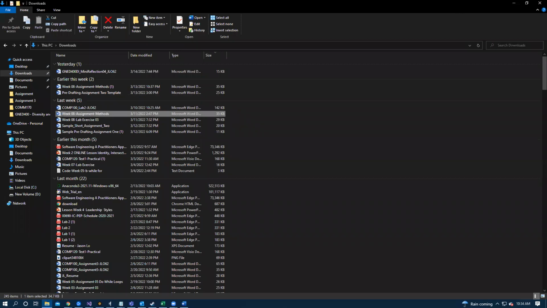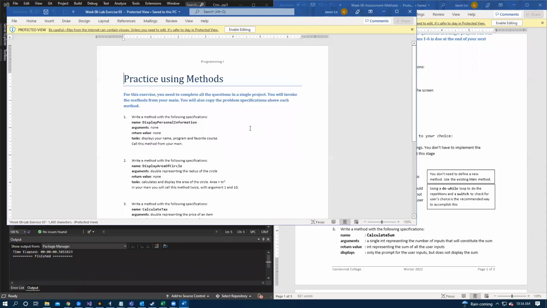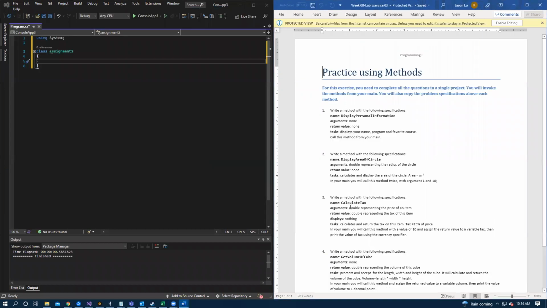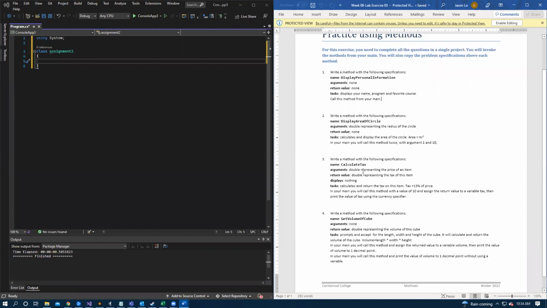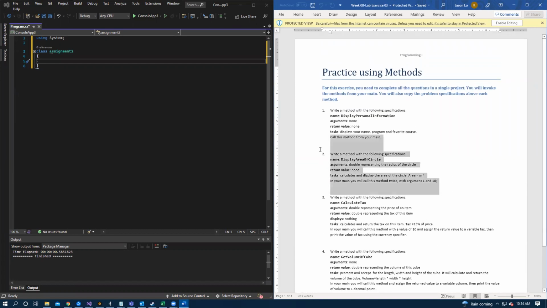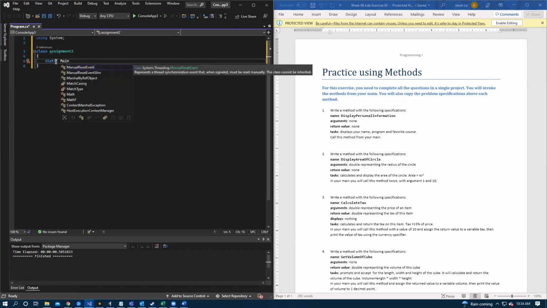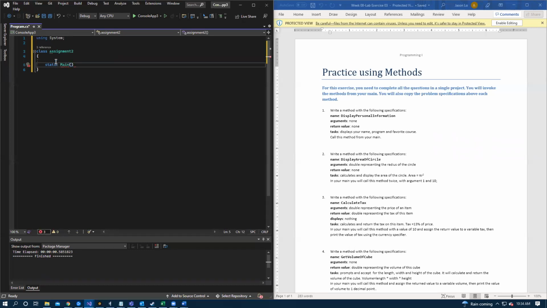I have a question in lab. Where is it? The files. Okay. Question 2. After the task explanation, if in your main you will call the method twice with argument 1 and 10. I didn't get it. 1 and 10. Okay. So what I understood here is, if you have a method,